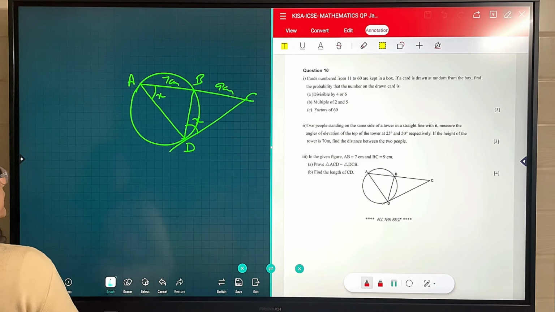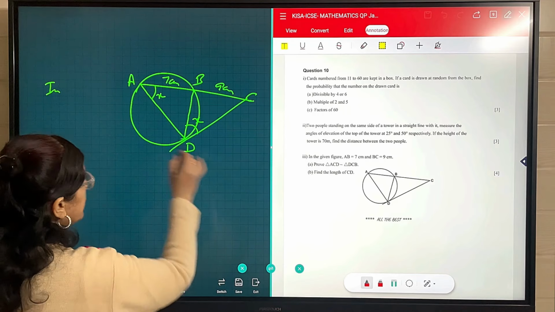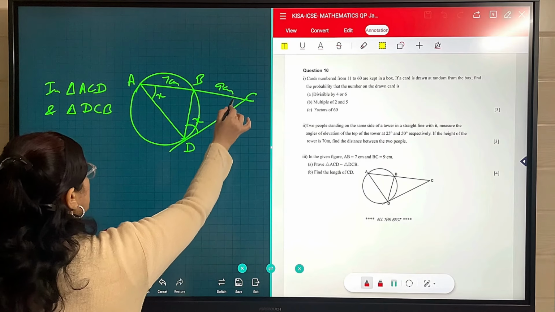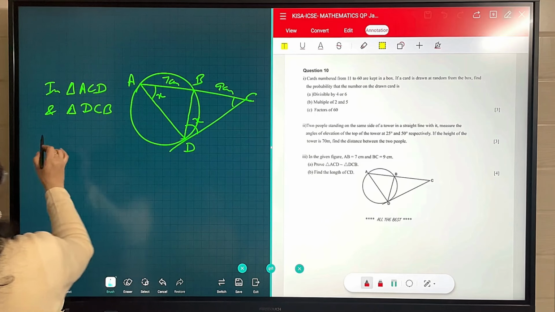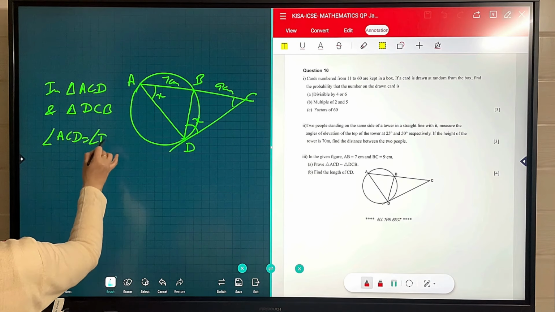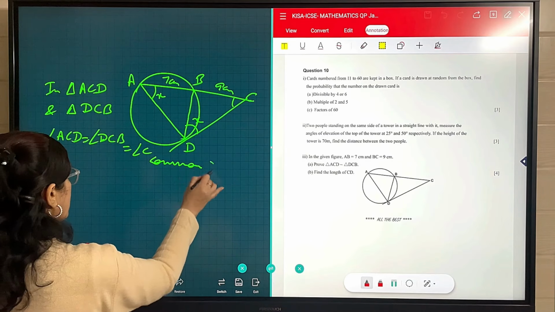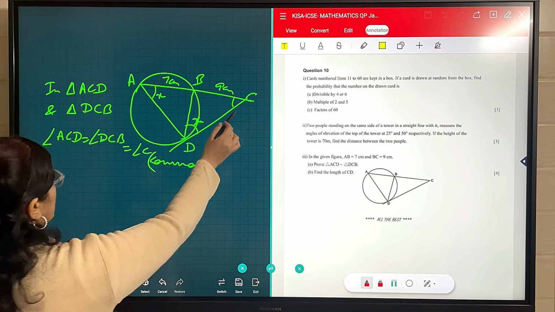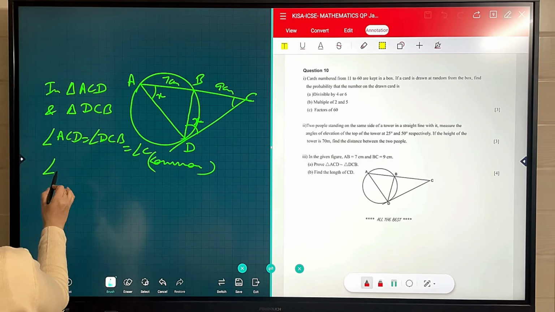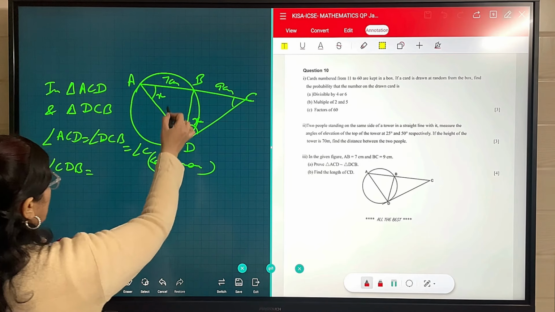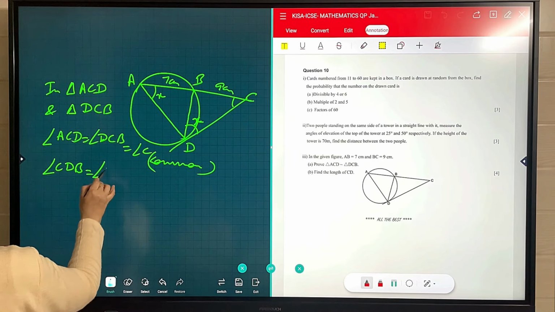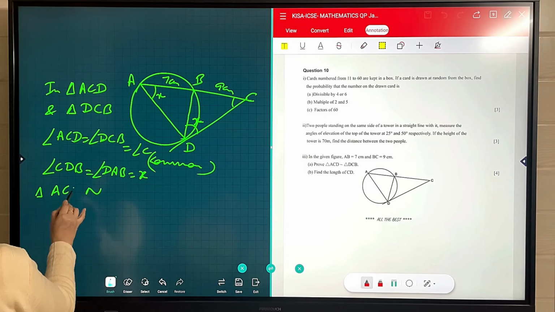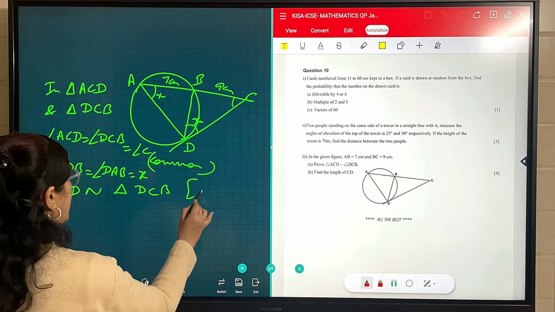So now coming to the similarity part, in triangle, which triangles have they asked? In triangle ACD and triangle DCB. In ACD, angle C is common, in DCB also it is common. So in both these triangles, angle ACD is equal to angle DCB, means equal to angle C, that is, a common angle. So we have to mention that common angle C is coming. And the second angle we have taken now, this angle x that we have proved here, which triangle does it belong to? In DCB this angle is equal. It means angle CDB is equal to, from here it will be equal to what? This is ACD but here DAB is being formed. So DAB both are equal to x. So we have two angles now. That is why these two triangles, triangle ACD is similar to triangle DCB by the AA axiom.